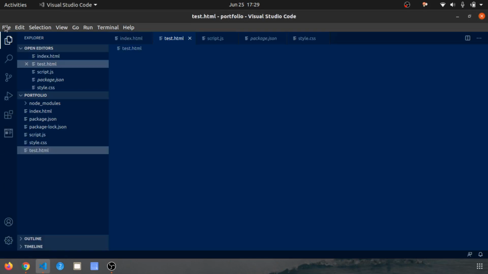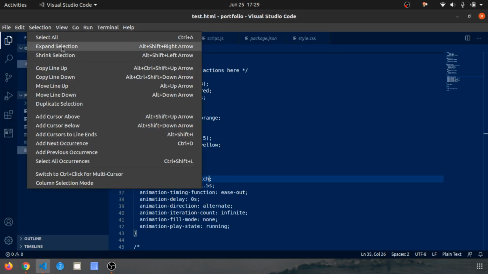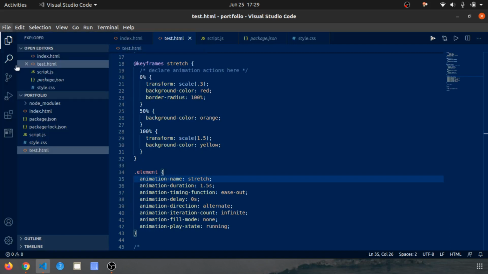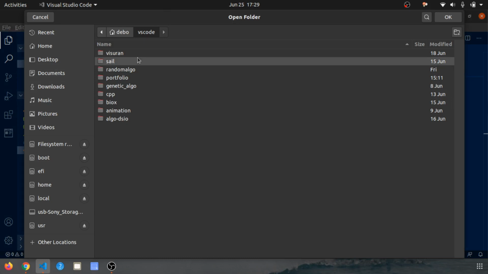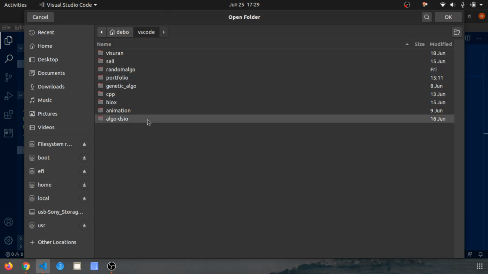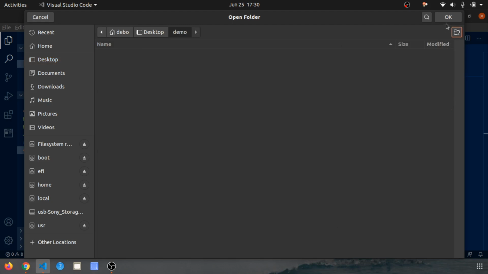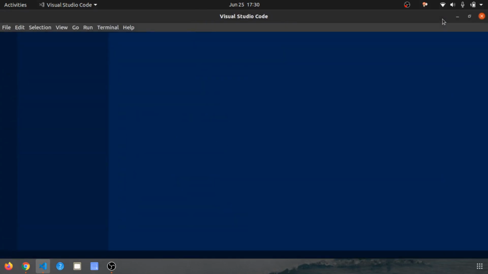After opening VS Code, I go to the folder where I have it, or else I create a new folder for the demo, so you can understand it better.